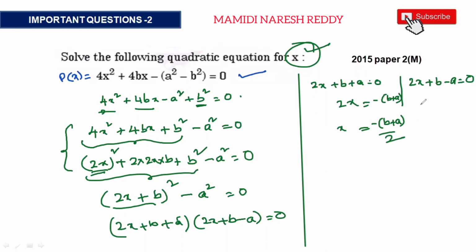So this is the solution of it. And by using this, one more solution we also get here. Now 2x let it be here, my dear friends, and b minus a send to that side. By sending minus a to that side, it becomes plus a. By sending plus b to that side, it becomes minus b. Now x is equal to, and 2 sent to that side, we get (a minus b) by 2. So the solution is,